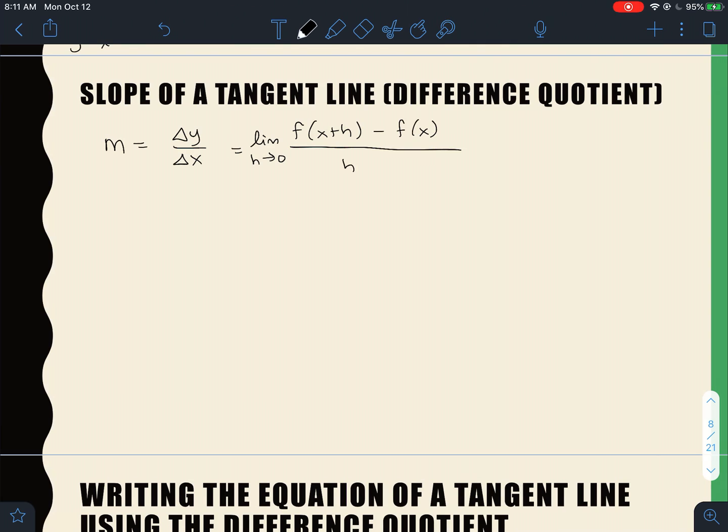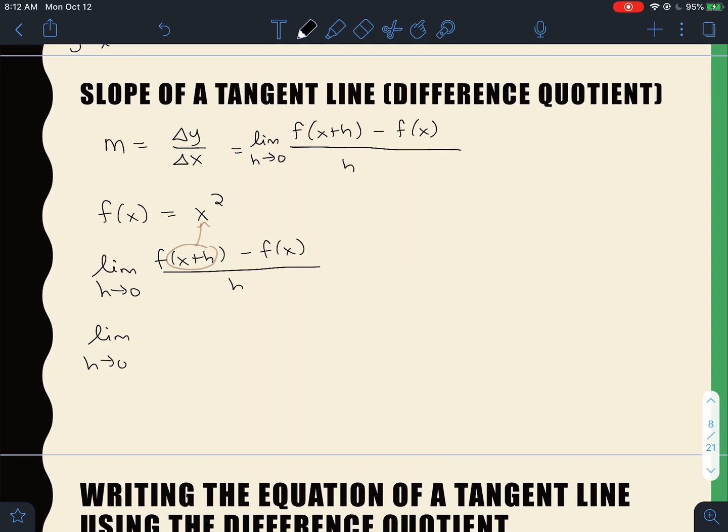And then there's going to be a couple other ways of looking at it when we get to our notes in a little bit. So let's do f of x equals x squared. So we're going to do the slope of the tangent line of this using the difference quotient. So it's going to be the limit as h goes to 0 of f of x plus h minus f at x all over h. So if I plug in x plus h in for the x, I would get the limit as h goes to 0 of x plus h squared, and then minus f at x is just x squared, so minus x